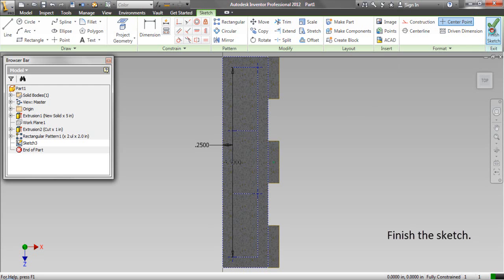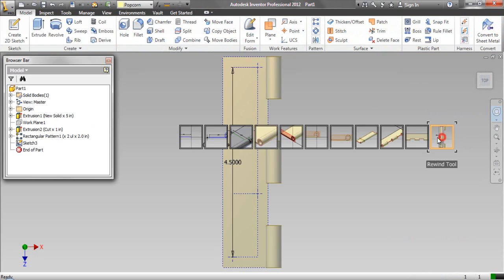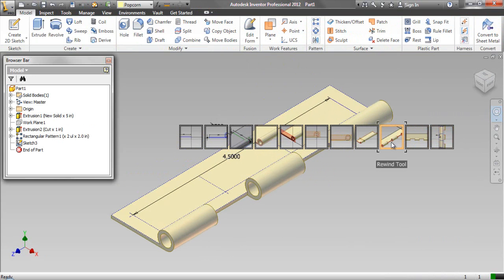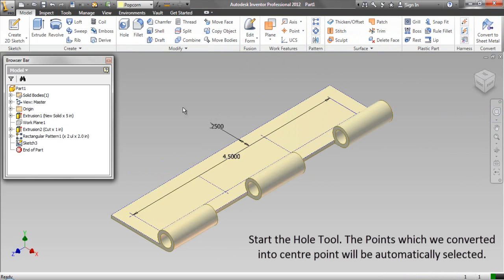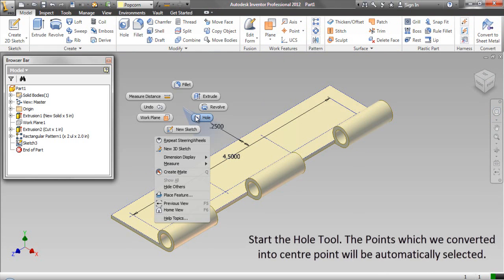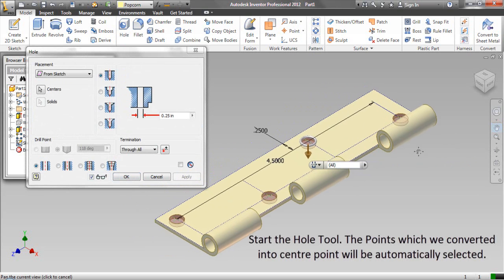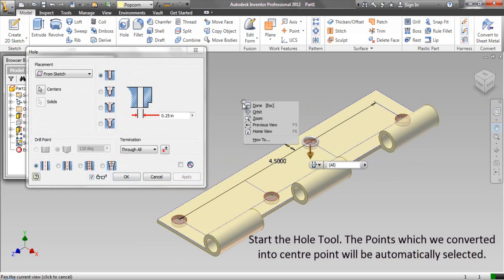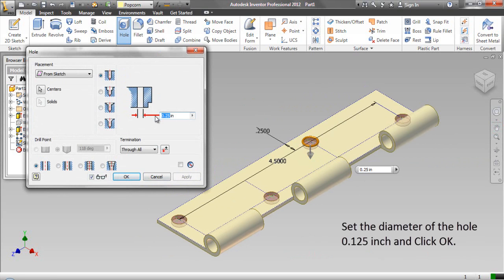Finish the sketch. Start the hole tool. The points which we converted into center points will be automatically selected. Set the diameter of the hole to 0.125 inch and click OK.